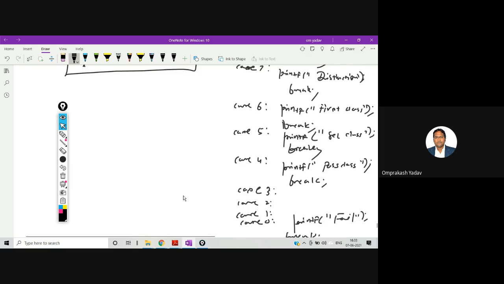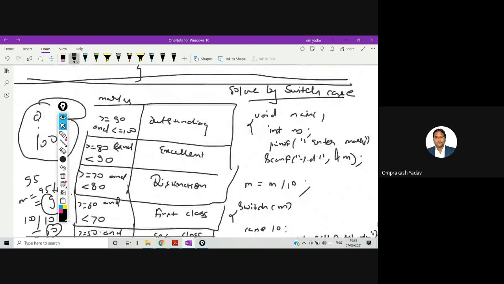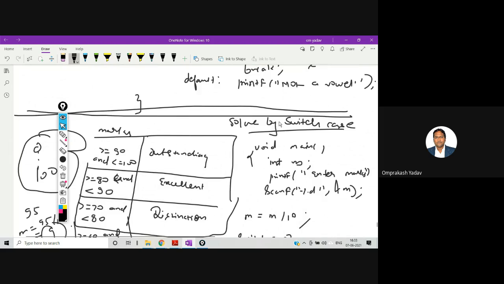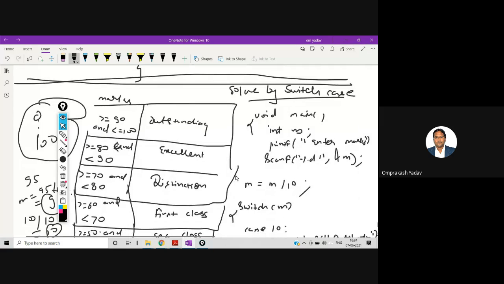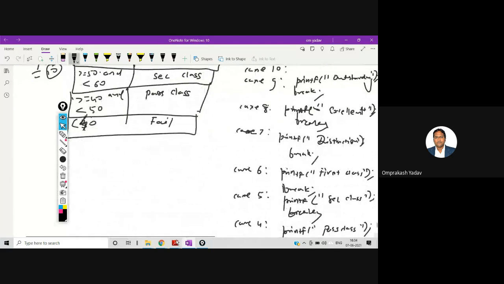So this is the program for this particular question, right? The same program we have solved by else if ladder also. So it doesn't matter, you can solve by else if also, but if in the exam it's written to solve it by switch case, then you must solve it by switch case. Any doubt in this particular program, you can ask me.